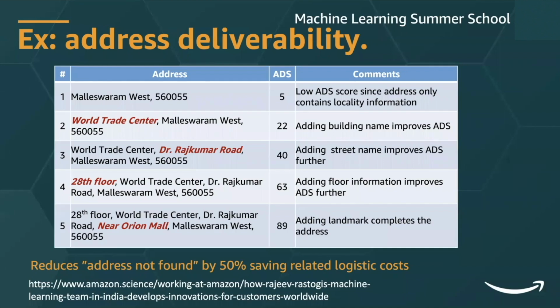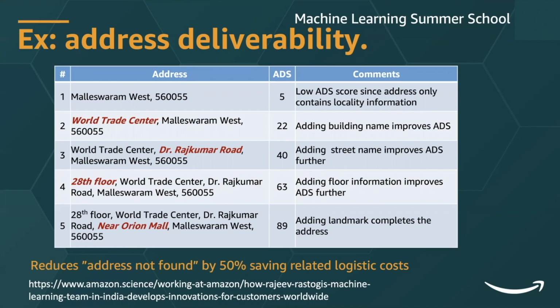Let's look at a very simple example of address deliverability. Let's say we are given an address and we want to identify if the given address text is good enough to deliver to that place. And as you can see in the records on the slide, if you're just given a broad locality, it's very hard to deliver to that place. And the ML model assigns it a very low score, the address deliverability score, ADS, which you see in the